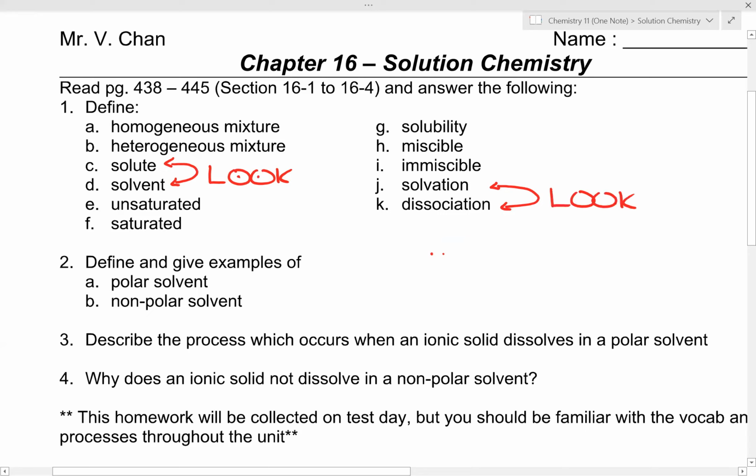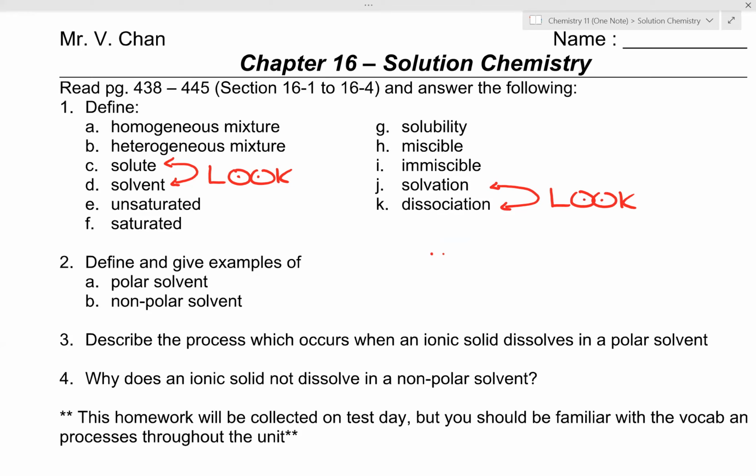Now, it's not to say the other definitions are not important, but what you want to do is be particular in understanding the difference between solute and solvent, and solvation and dissociation. Things like homogeneous mixtures, heterogeneous mixtures, solubility, the other definitions, yes, you should know them in this unit because we will be using those terms, but please make sure you are aware of the difference between solute, solvent, or solvation